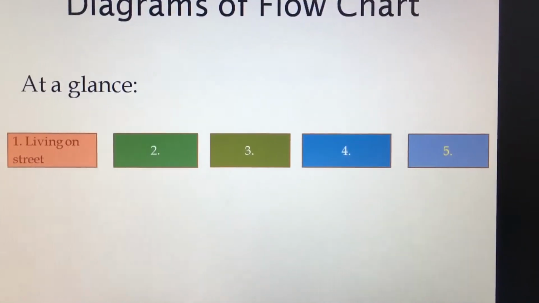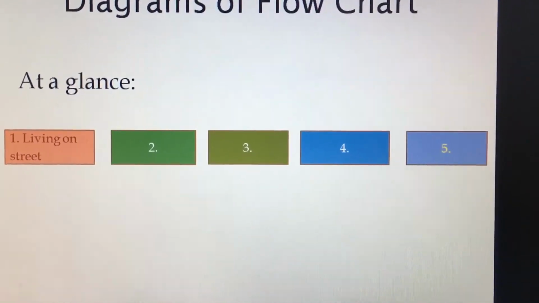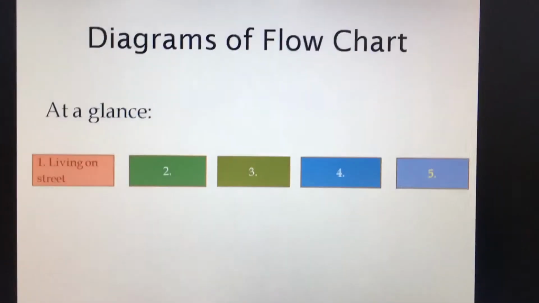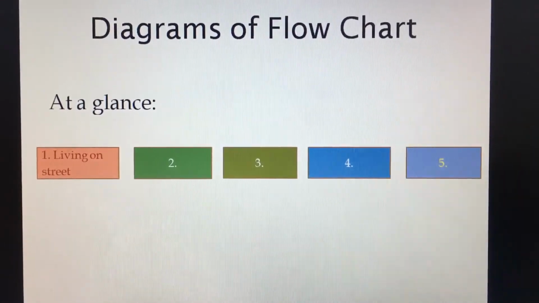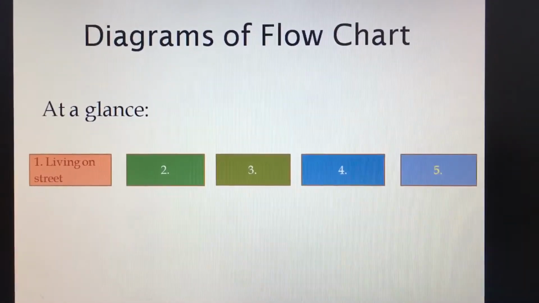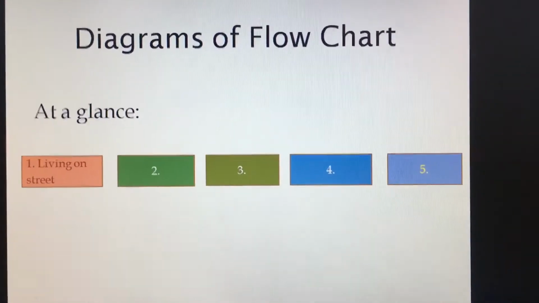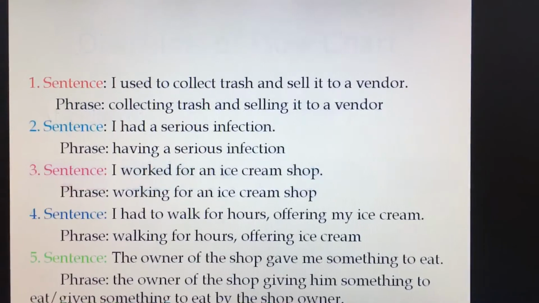The numbering is given inside the box. You can also give numbers outside the box as well. It's up to you. But the diagrams should look like this. All the boxes are symmetrically and consistently drawn so that it looks like a perfect flowchart shape. Let's go to the next slide.